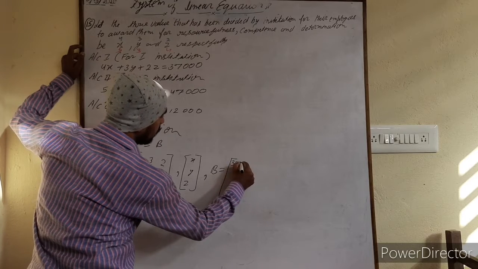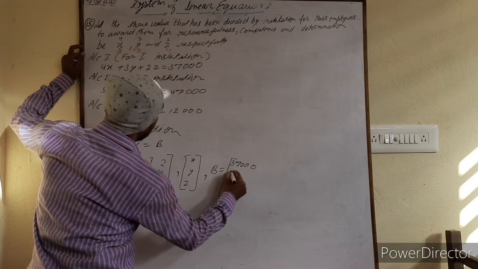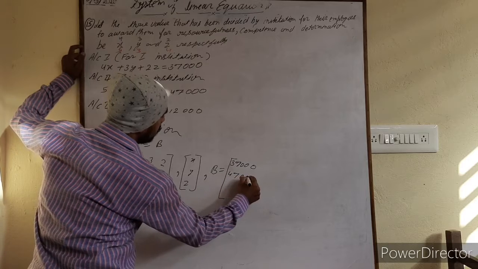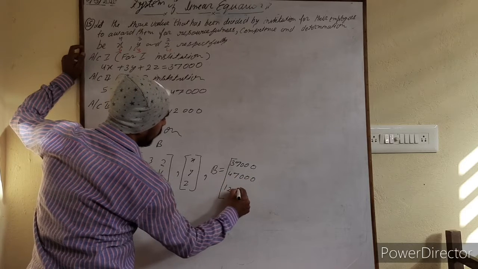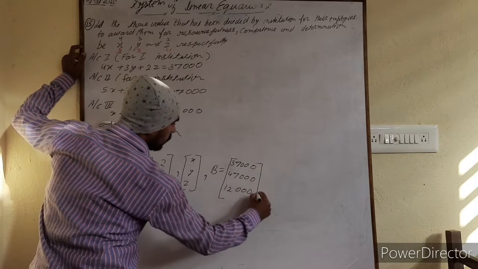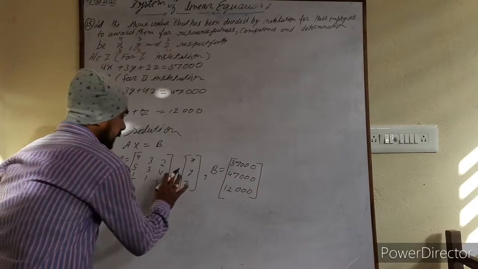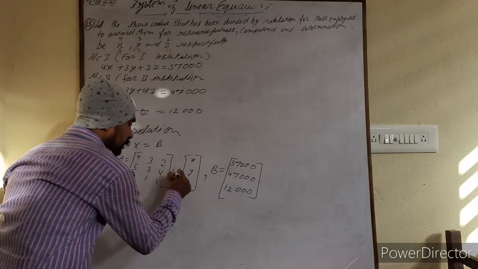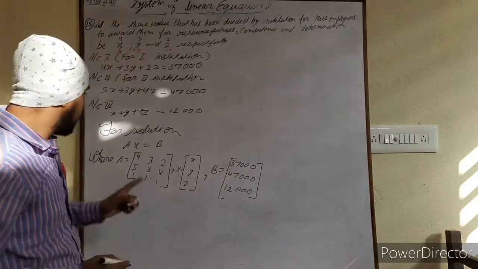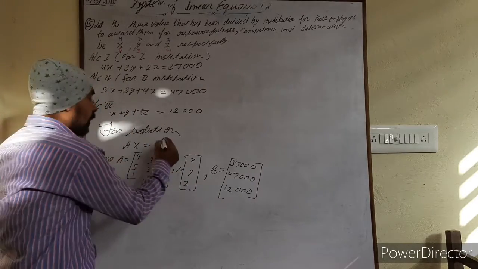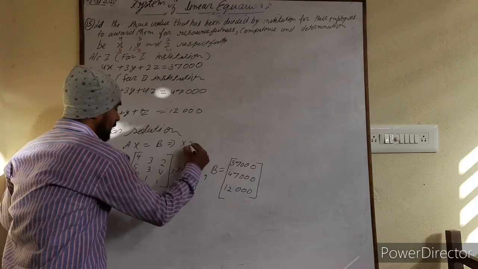3700, 4700, and 1200. So these three matrices have been selected by me. After that, the situation is that AX is equal to B, or you may say that X is equal to